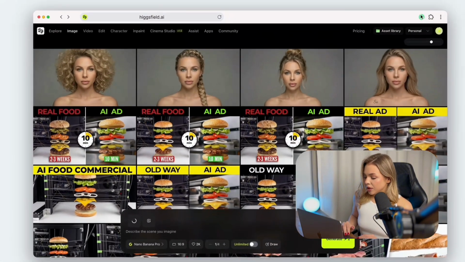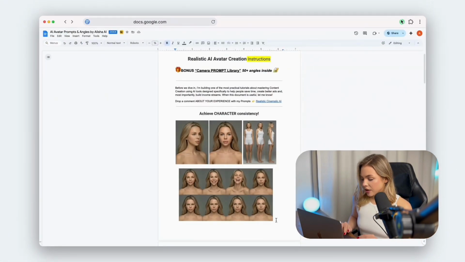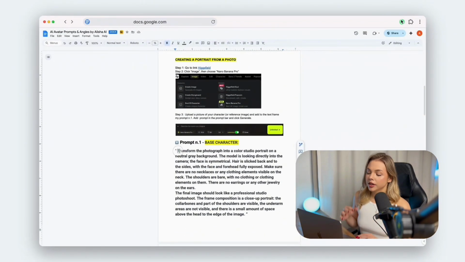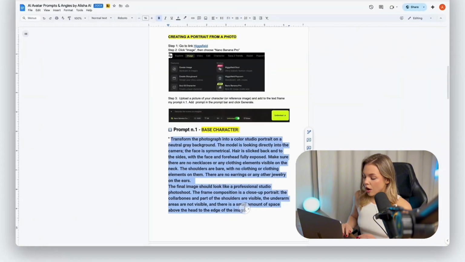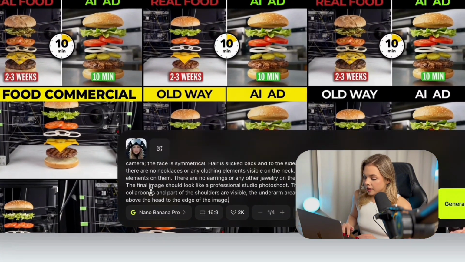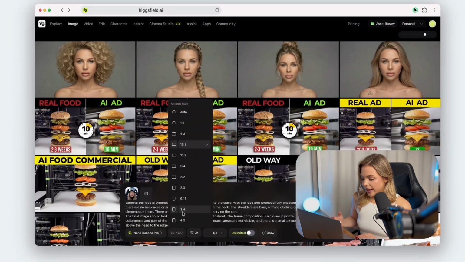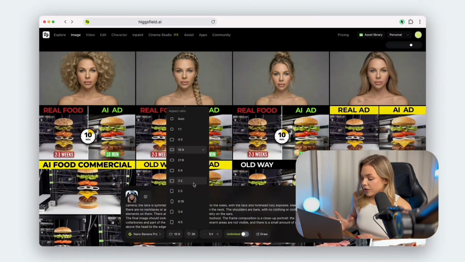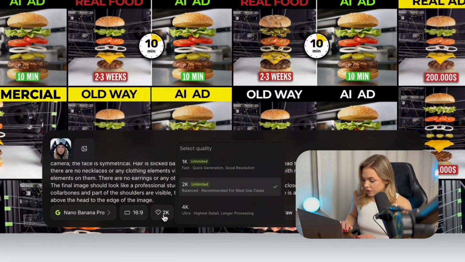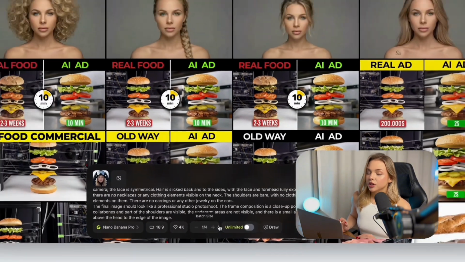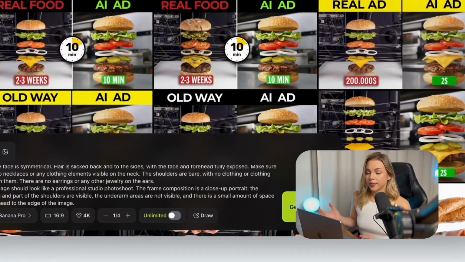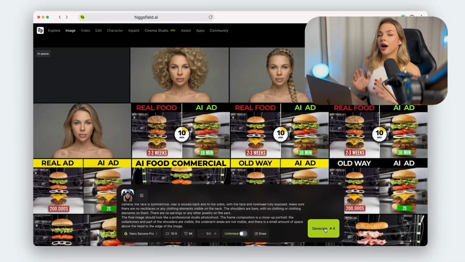Then we're going to the Google Docs document, scrolling down. It's pretty easy to find prompt number 1. They all have numbers, so you definitely know what to do step by step. We're copying this prompt and pasting here also on the bottom frame next to our image. Then we have to choose the aspect ratio. There are many different varieties, but I want to match my original picture. And we also have to choose a resolution, and I recommend you choose the higher one because then results look much better. And then when you're ready, we hit generate, and in a couple of seconds, our first